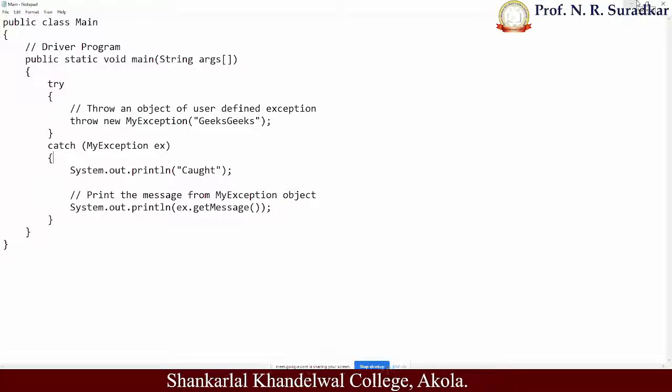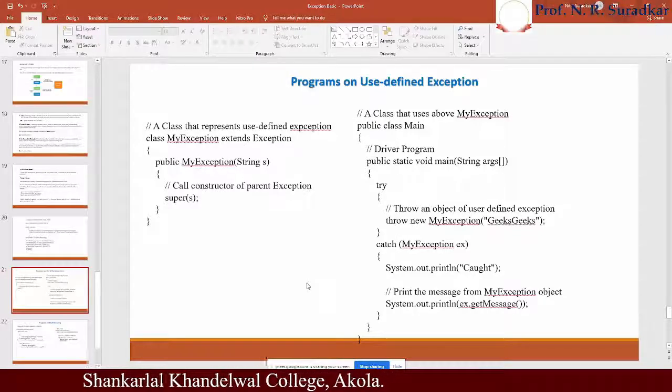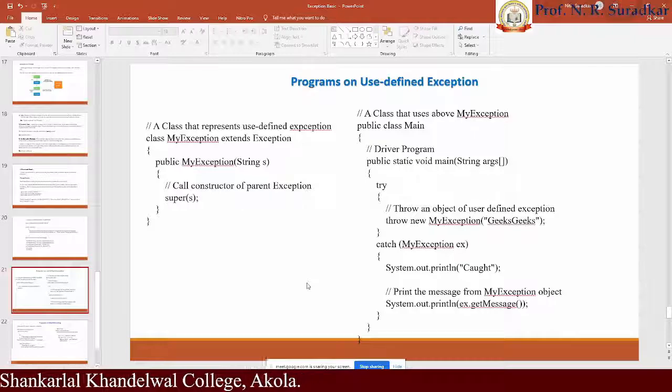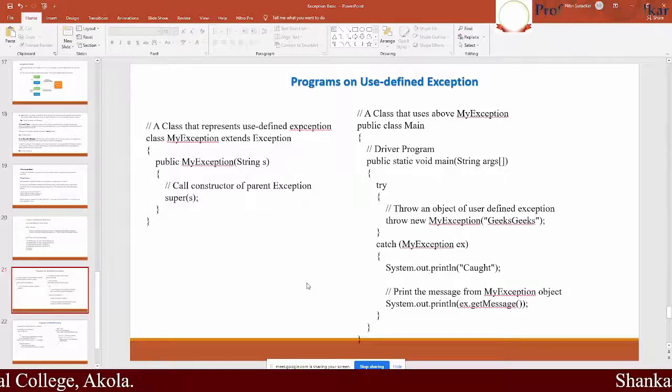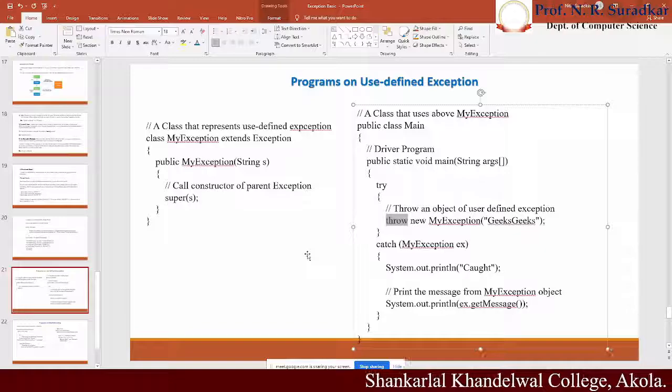Okay, let's see what happens. Once again, I want to make a point here. This program is a demonstration of user-defined exception, through which we define how to throw an exception. Whenever we want to throw an exception manually, we have to use the keyword named throw. Only by using this throw keyword are we able to create an exception manually.